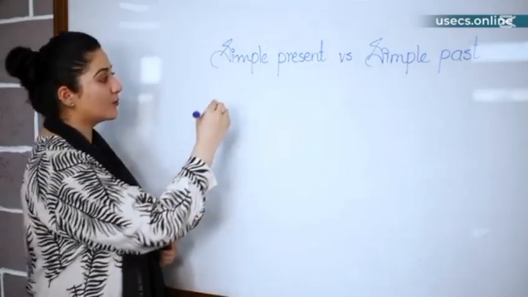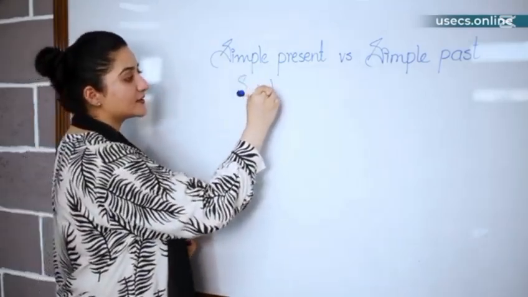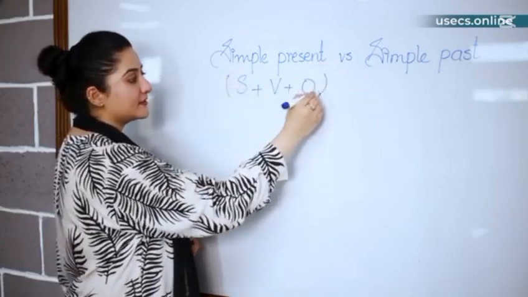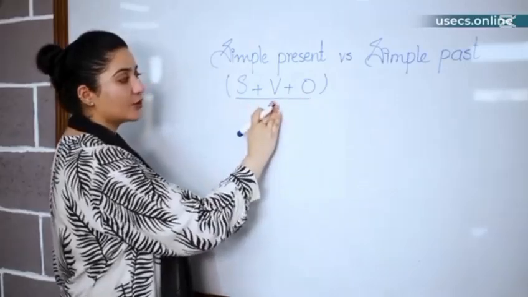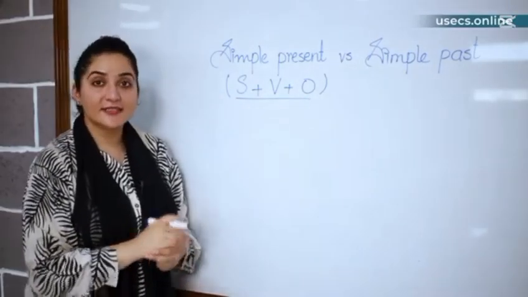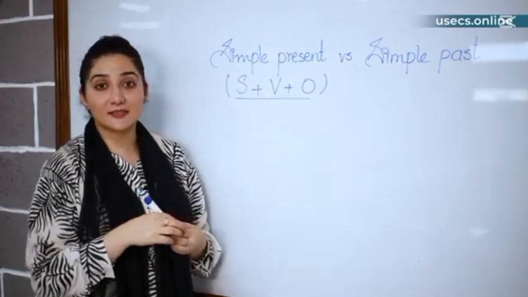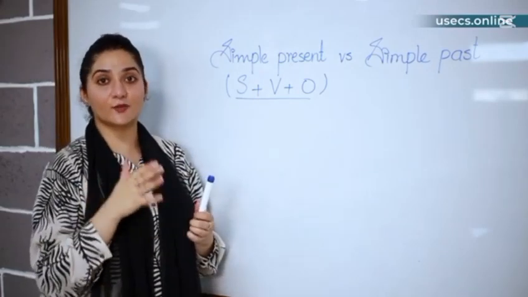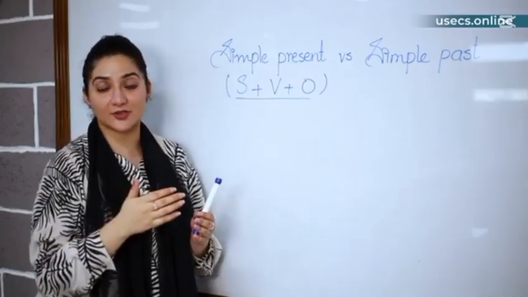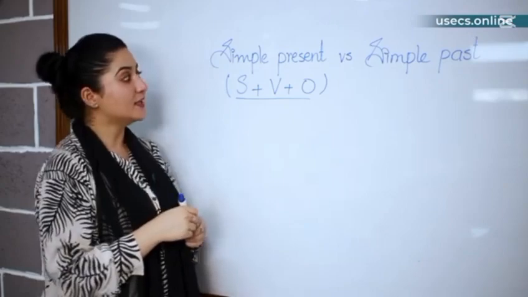What is SVO? So SVO is the subject, verb, and object. So a complete sentence is a combination of subject, verb, and object. So let's start from simple present tense. Simple present tense tells or specifies the time where the action is happening, and if it's present tense, so definitely it's about any action that is happening in present. So let's start.